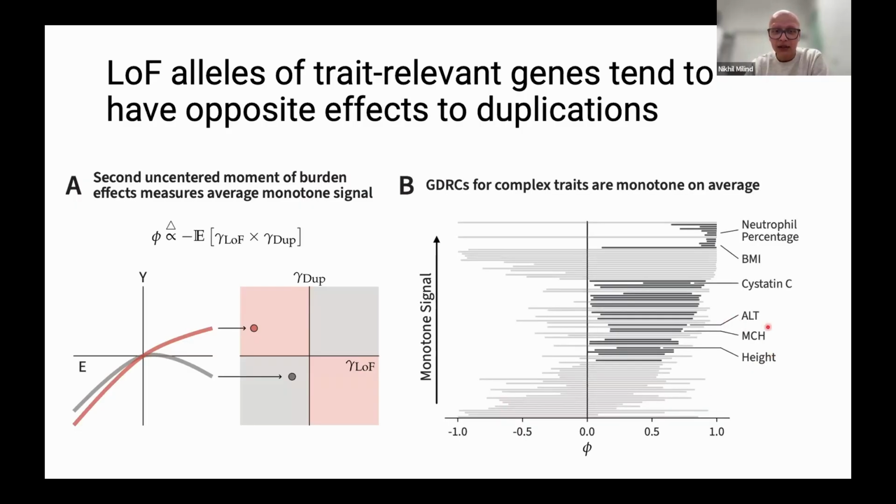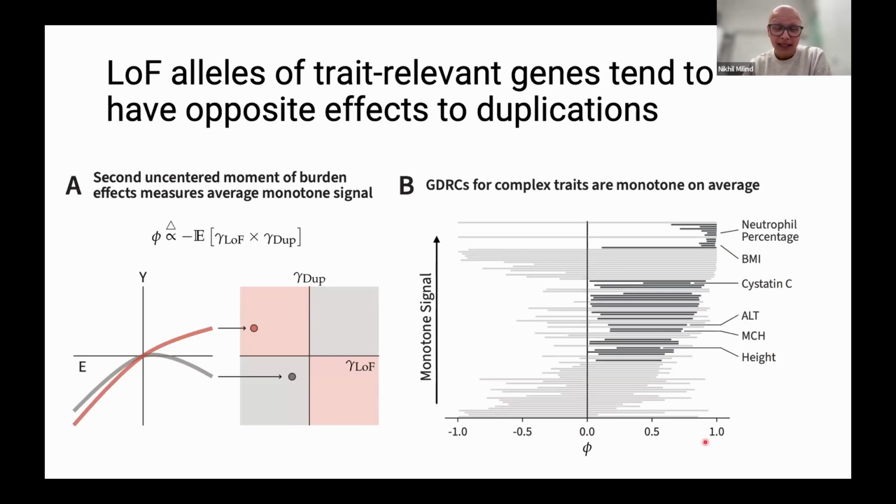So again, each bar here represents the estimate from one trait. Here's our estimate of monotonicity. And the lines in dark, these are 95% confidence intervals. And the lines in dark black are ones that are nominally significant. And you can hopefully appreciate that all of the signal, basically, especially the significant signal, is on the right, which